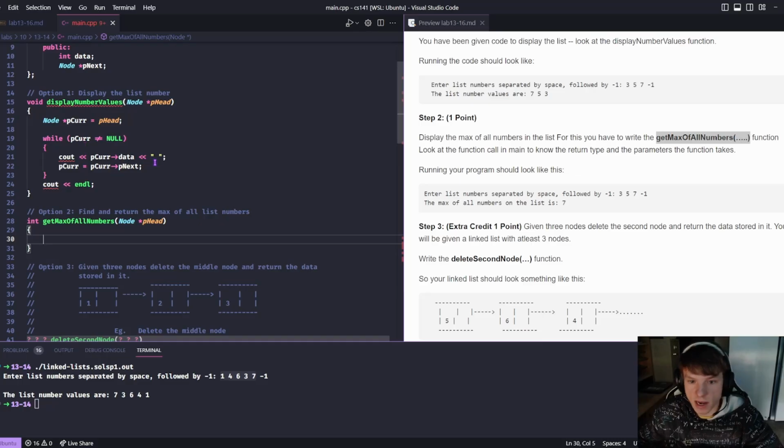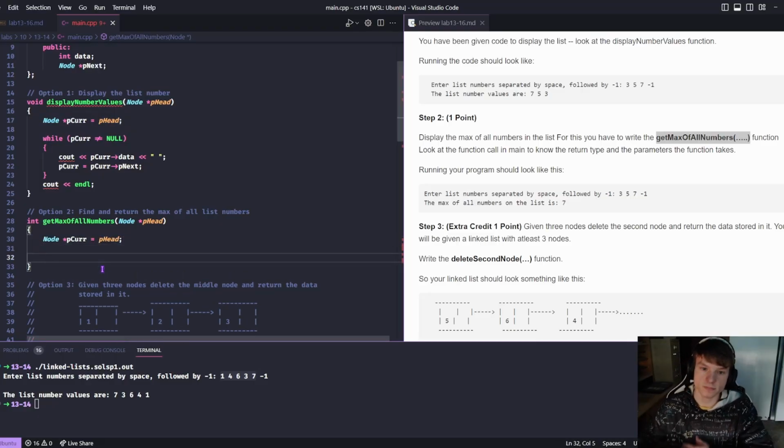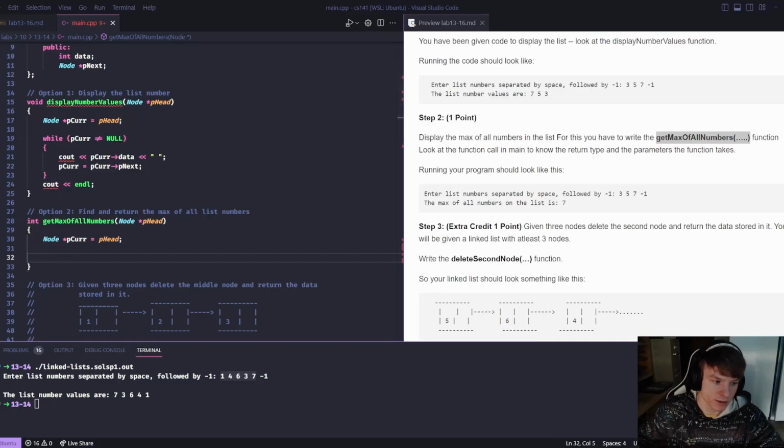So here, the operation instead of printing is we want to find a max, and we can just use some simple branching to achieve this end. So let's take a page from this book, and we're going to set this temporary current pointer equal to the head. Now we want to have the same kind of loop, so while this is not equal to null,